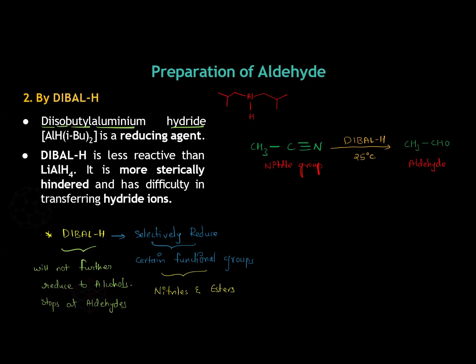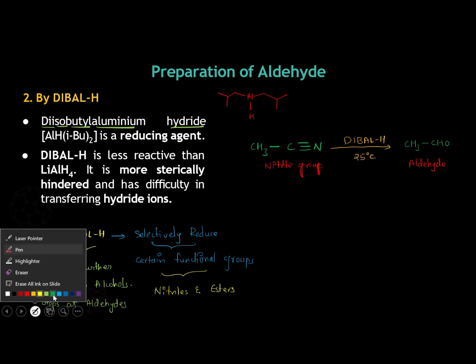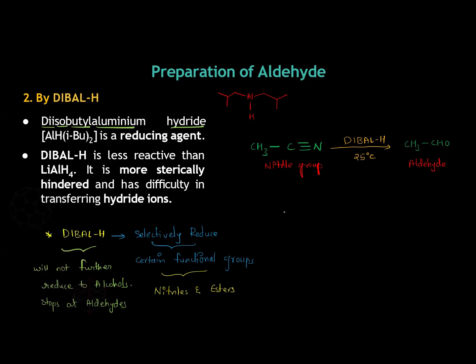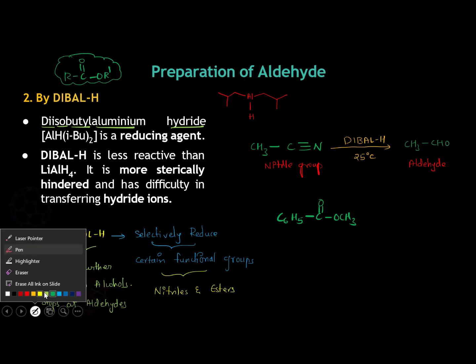So let's see, ester C6H5 C double bond O, OCH3. What is an ester? R, C double bond O, O, R dash. So this is called an ester. Just remember, if you don't know what an ester is. So this ester,